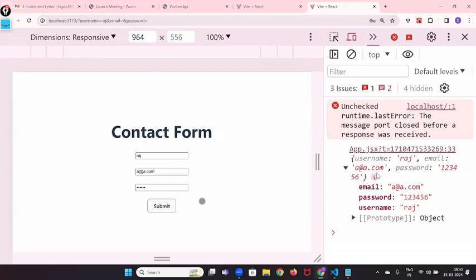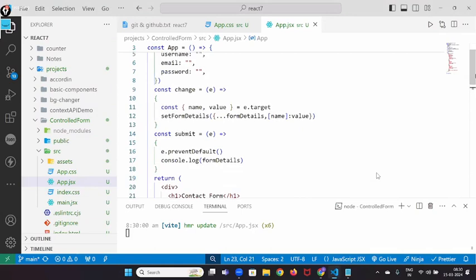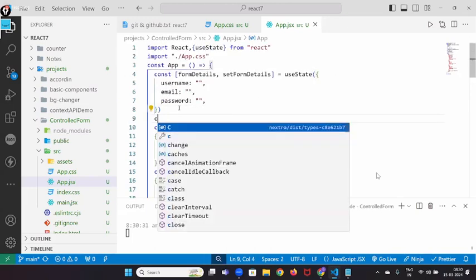Now, one more thing, sir. I am not doing any validations here. But if you have to do validations, you can do validations also. For example, I'm doing a simple validation like I want the password to be a length of 6 letters, minimum 6. Then I will write it here. And another value const